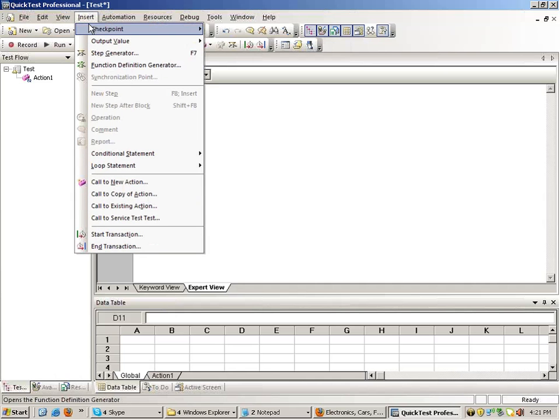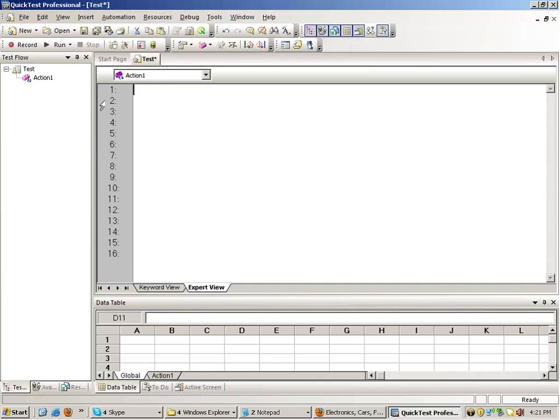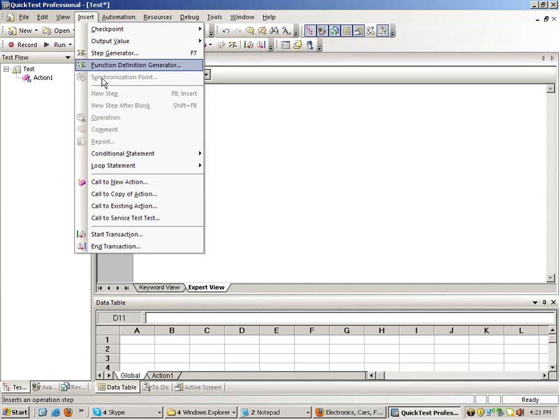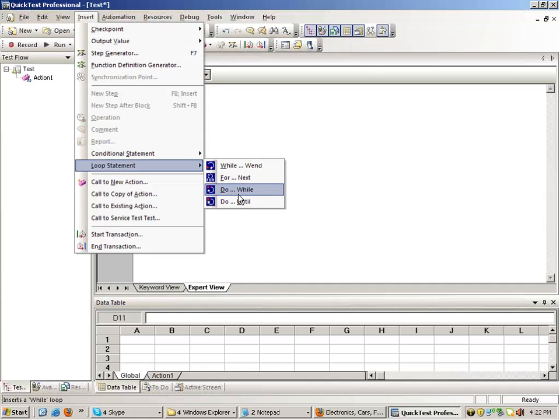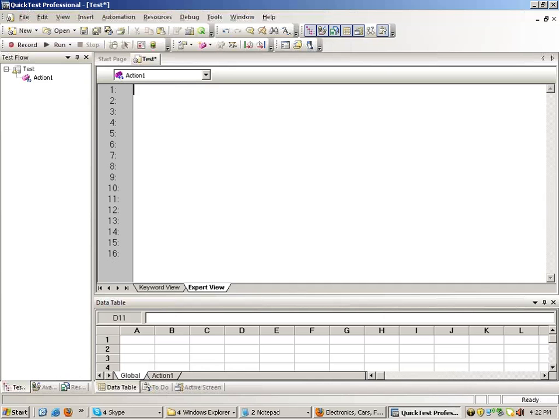For example, if you go to insert, you get the optional statements, if else statements over here. If you click here, then these will be generated. Right? If you go to insert here, loop statement, then for, while loops and all will come up. You can click on any one of them and the loop syntax will also be generated. So yeah, recording is there.